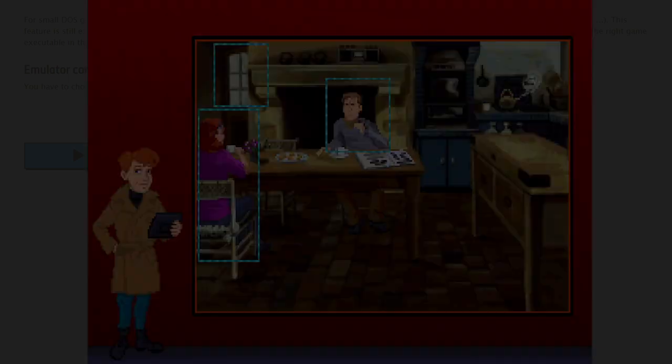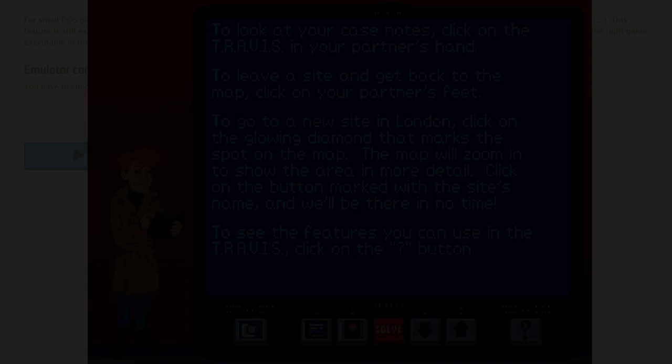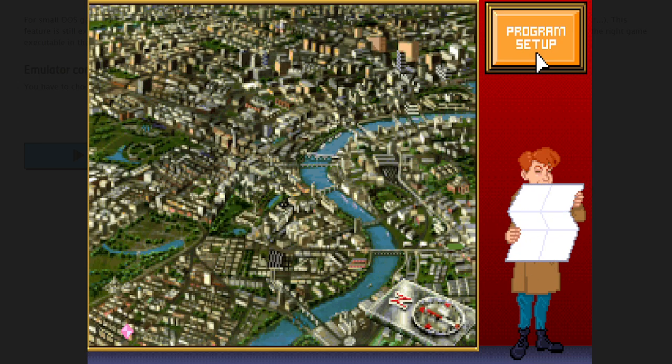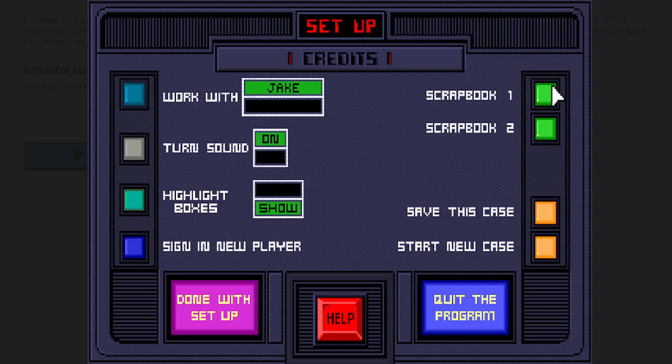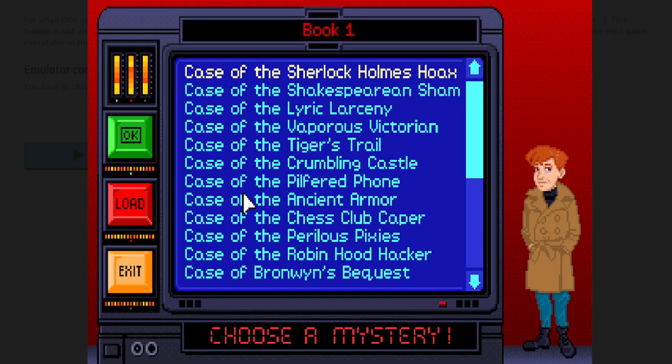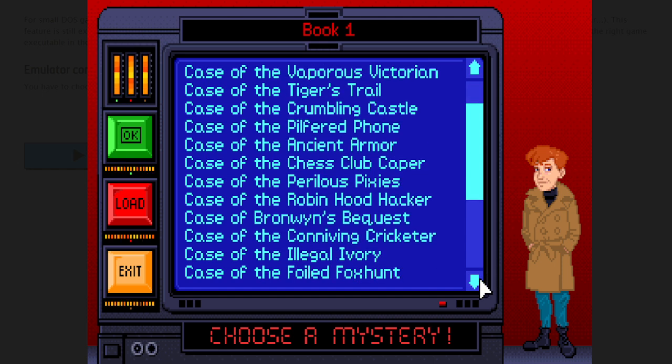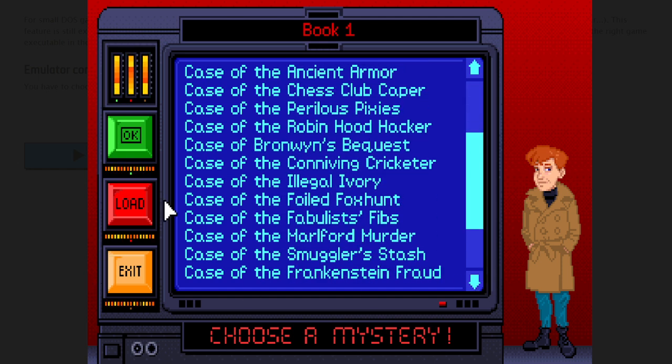Let's go back to the map. If I can, or if I can find my way back to the main menu. And we can actually switch between Jake and Jennifer from within this menu, even in the middle of a case. And we can click Start New Case. Wait, I just saw solve this case. Yeah. All right. So it was a little bug, but when I clicked Start New Case, it took us right back to where it's supposed to be, Scrapbook 1. Okay. Cool.